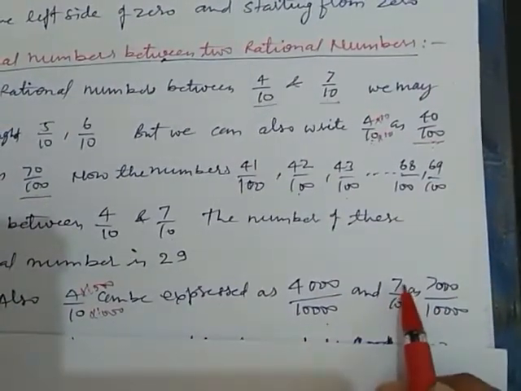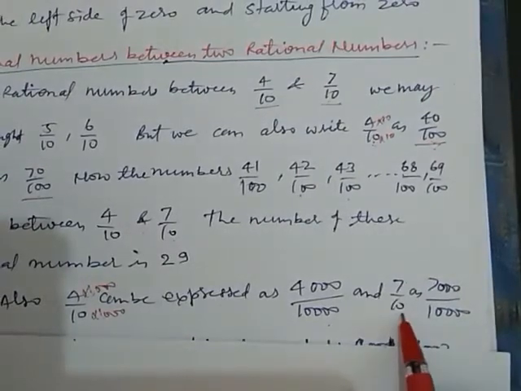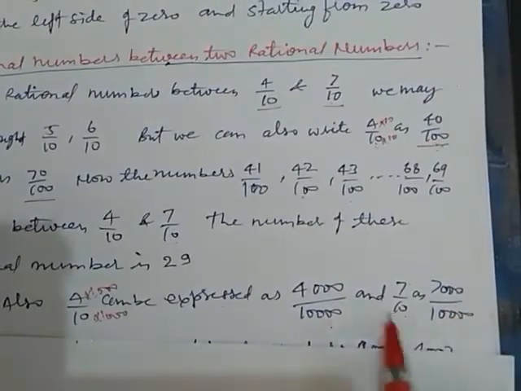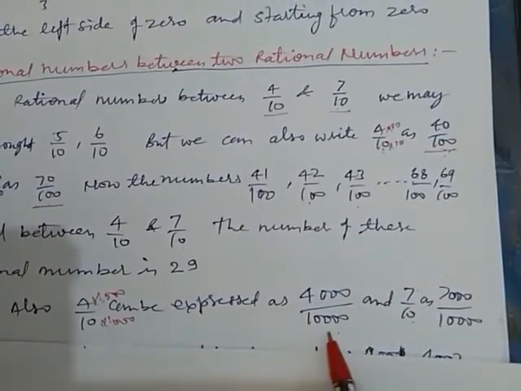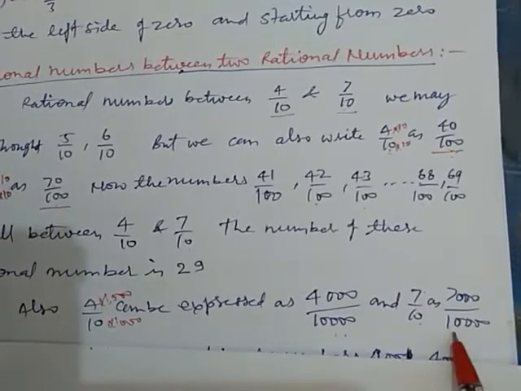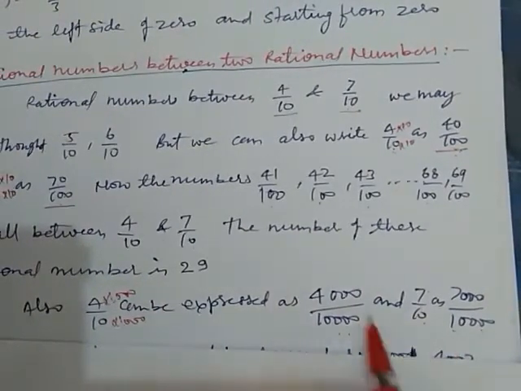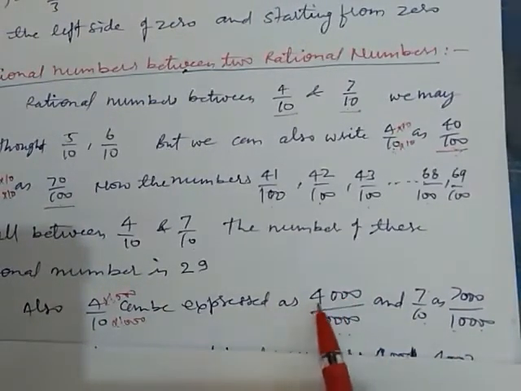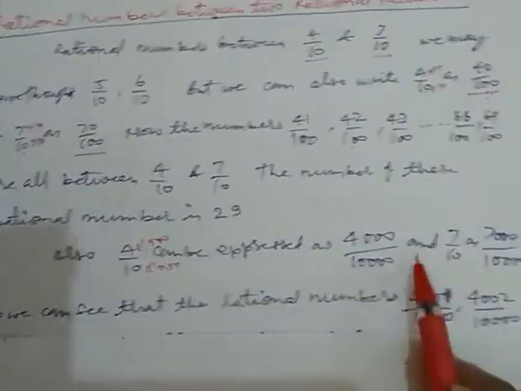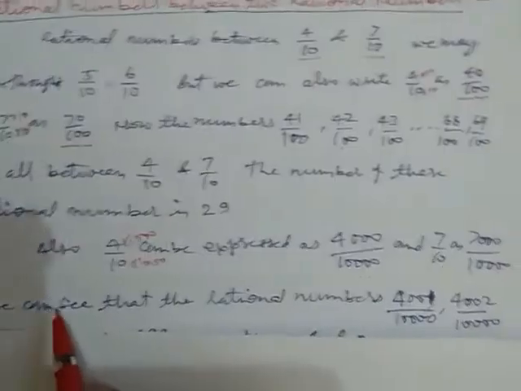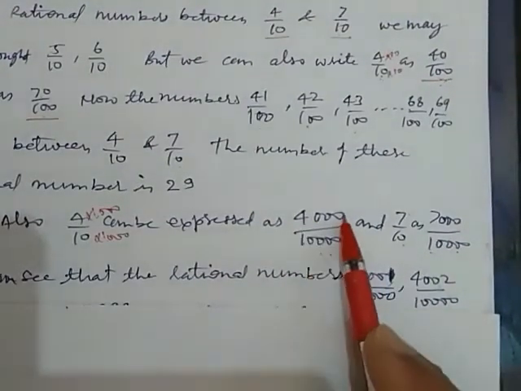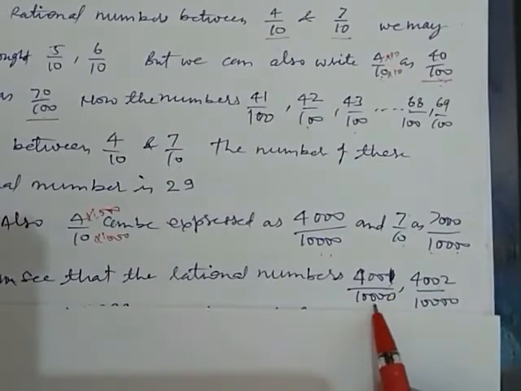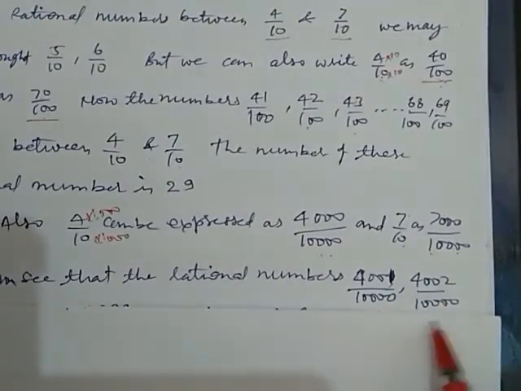So now our numbers are 4,000 upon 10,000 and 7,000 upon 10,000. We start counting after 4,000: 4,001 upon 10,000, 4,002 upon 10,000